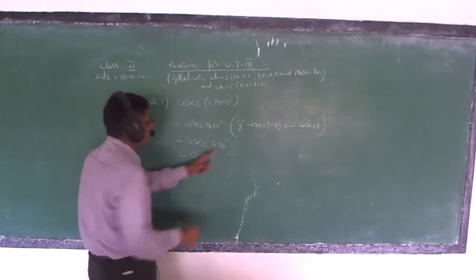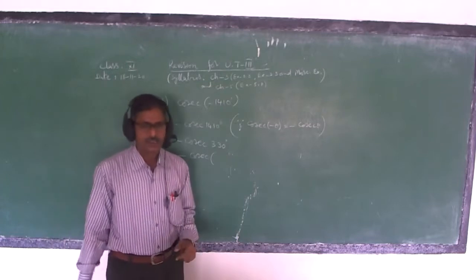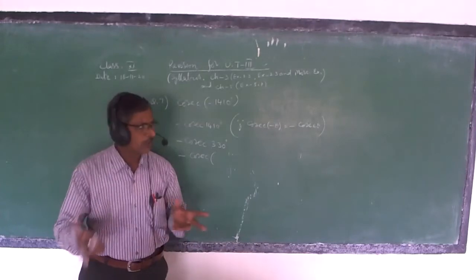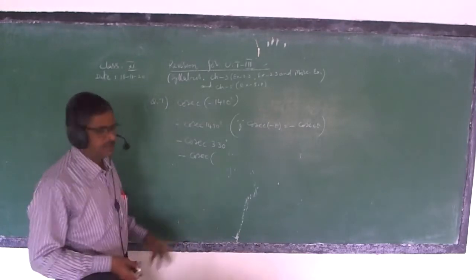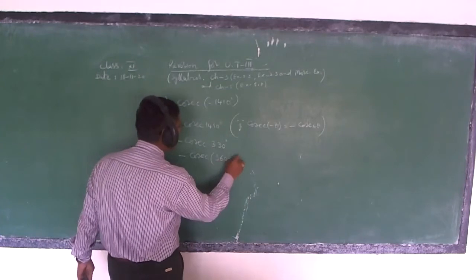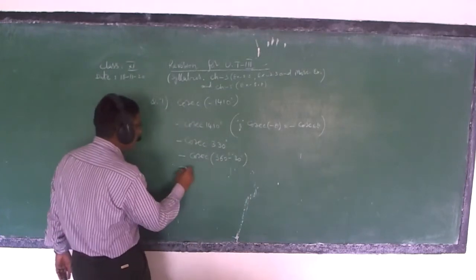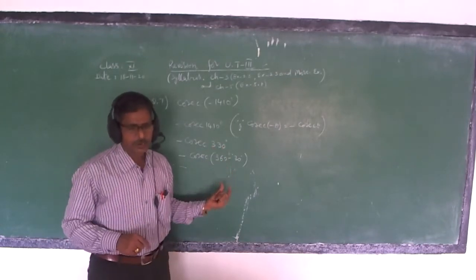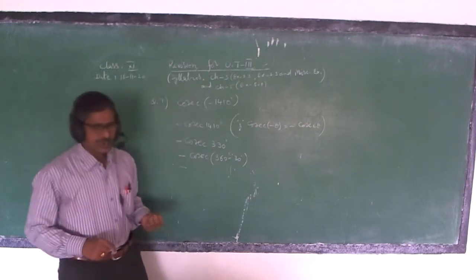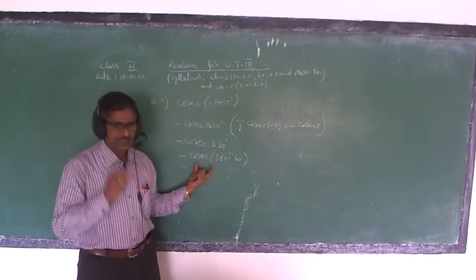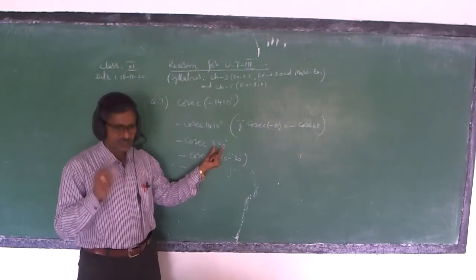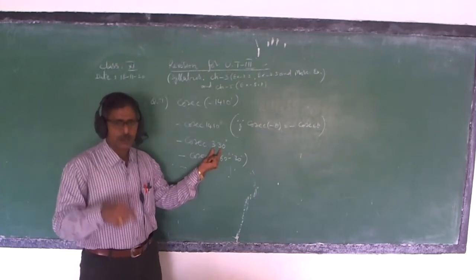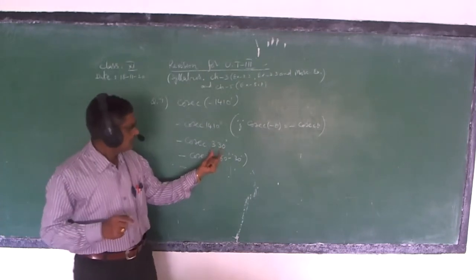Once again, this 330 degrees can be written in two different ways: 270 plus 60, or 360 minus 30. We can follow any one of the two ways. I will write it as 360 minus 30 degrees. Now this 330 degrees angle belongs to the fourth quadrant. I told you many times we have to consider three things to simplify this. First, we have to find where this angle lies, to which quadrant it belongs. That should be found out first. So it belongs to